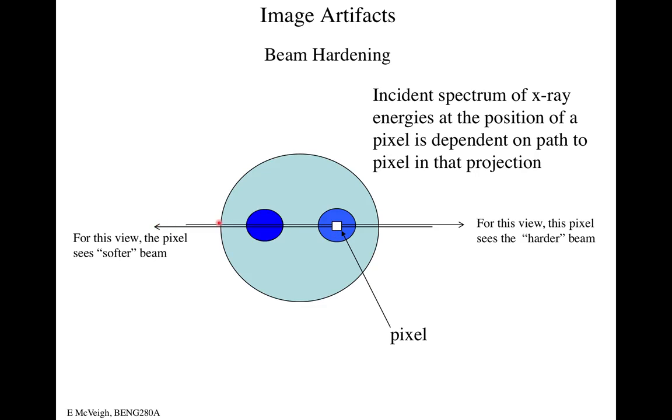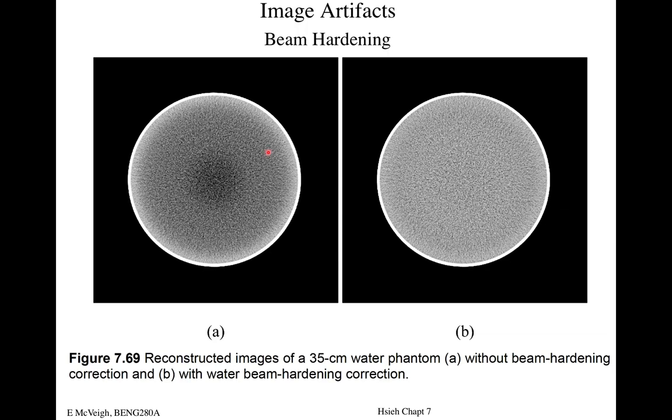When I look at the complementary projection this way, the depth is much higher, and so when that X-ray beam is passing through my pixel of interest, the average energy of that beam is higher. And so those two projections will not be the same, right? Because of that effect. If you don't correct for the fact that the beam is hardening as you're going deeper into the sample, and you just